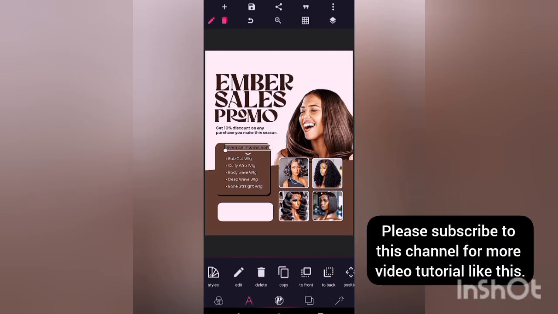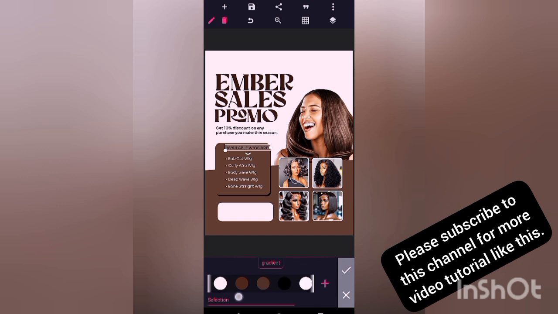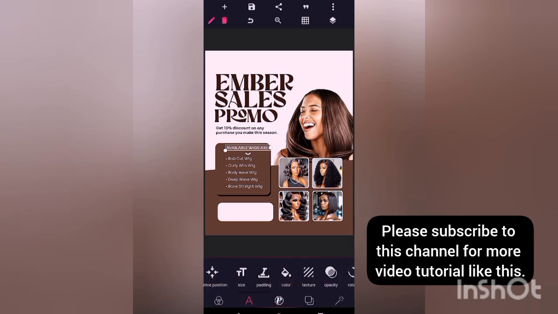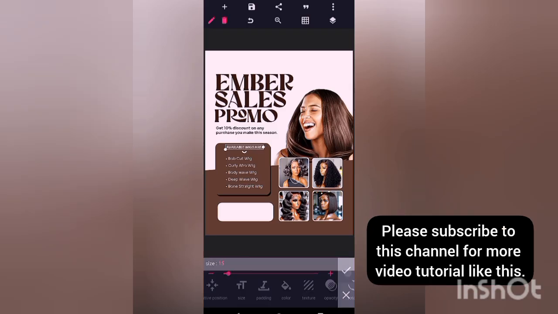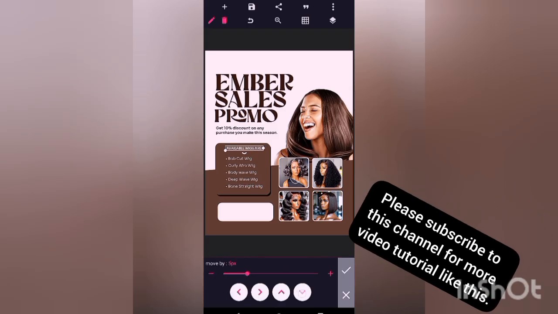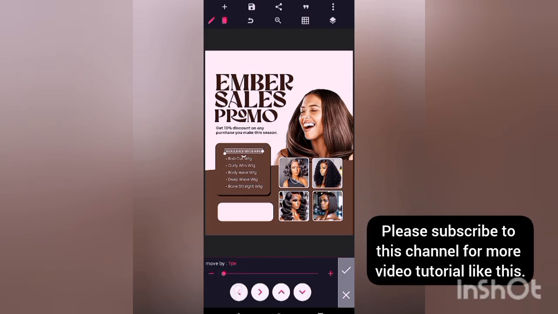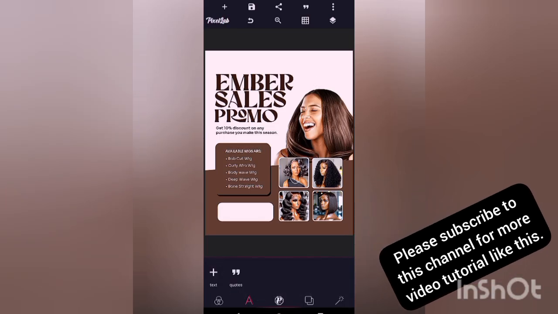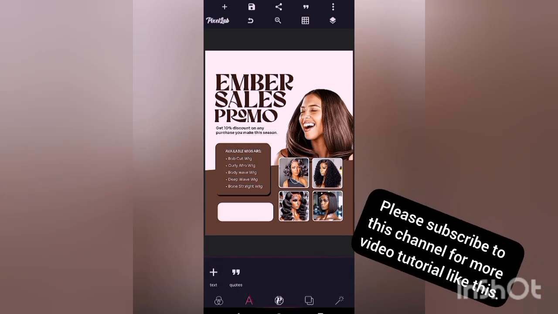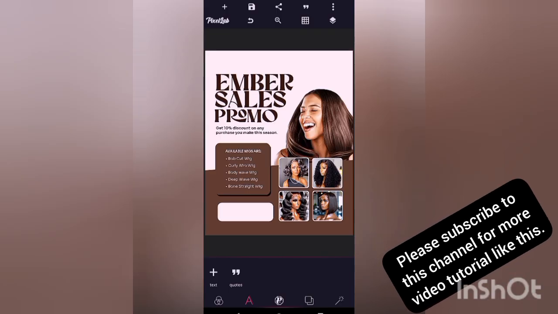You can change the color to white. Reduce the size to 15. So this is it. Then the next thing we are going to do now is to bring in the brand